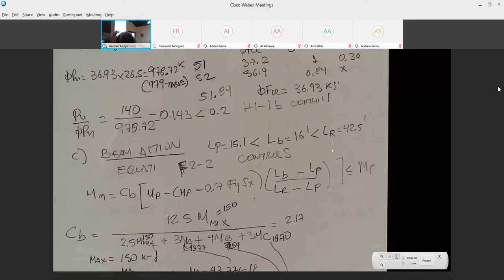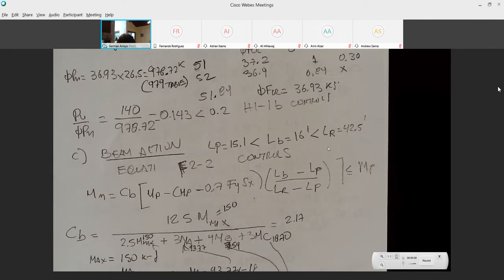R for that section. Most of the time, the equation that has C sub B is going to be M sub P minus M sub P minus M sub R. Most of the time, it's going to control. But I have seen in the past, and I'm going to repeat what I said the other day,